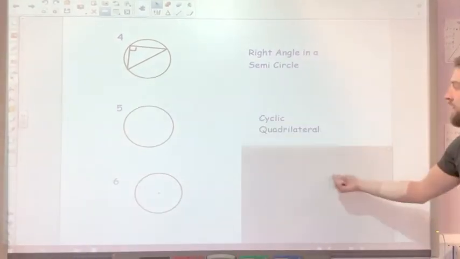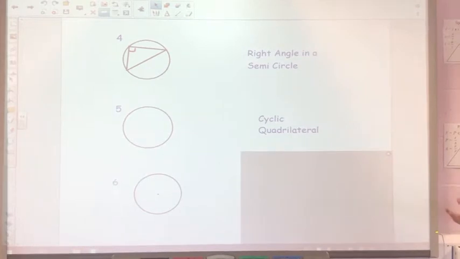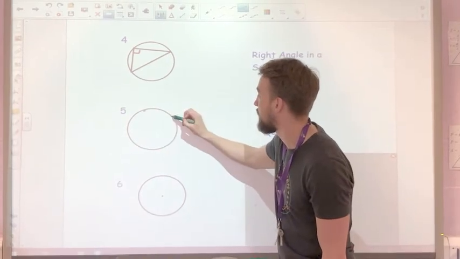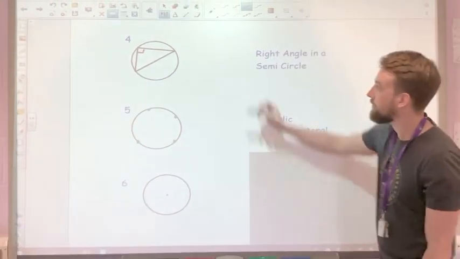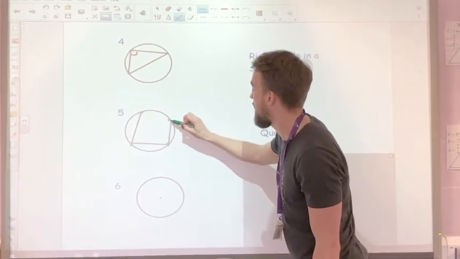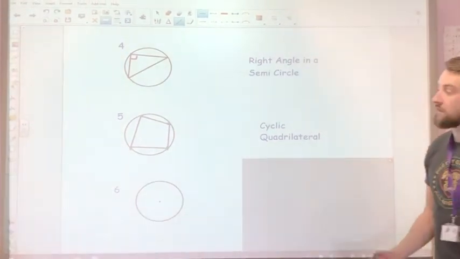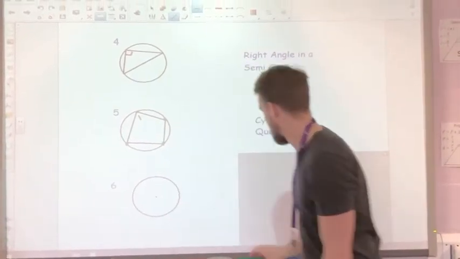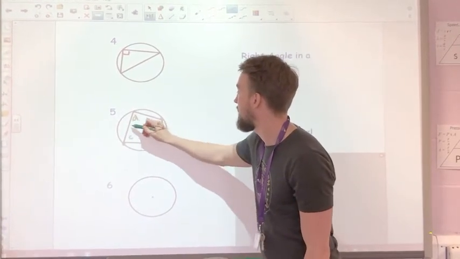Number 5, cyclic quadrilateral. Quadrilateral, as you know, 4-sided shape. For this one, I'm going to take 4 points on the circumference of the circle. I'm going to try and be as random as possible. And I will connect these up like so to make a quadrilateral. And what we can take from this, if I call this A, B, C, D,